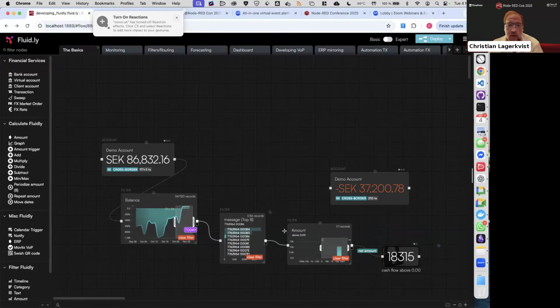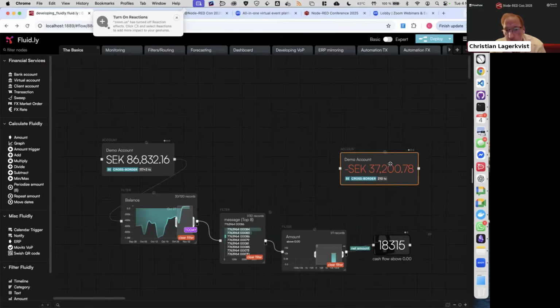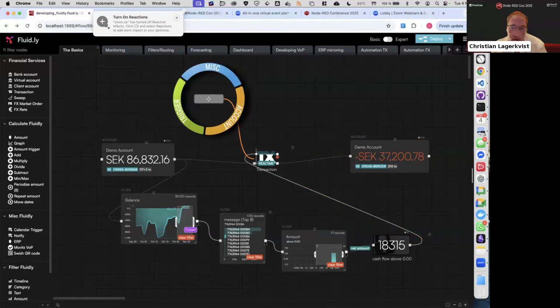So isolating transactions could be, for instance, since October the 27th, transactions with this transaction message that are positive. That's what we want to share and put into that bank account. So, as I said before, we simply pipe those together, we add the transaction, and then we also need a trigger. And you are all Node-RED users, so you're familiar with triggers.